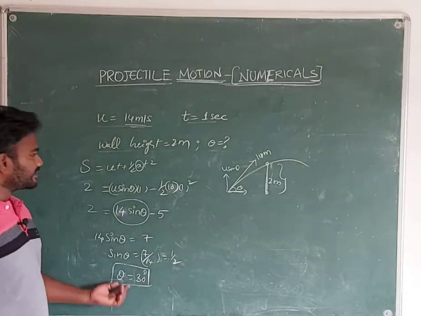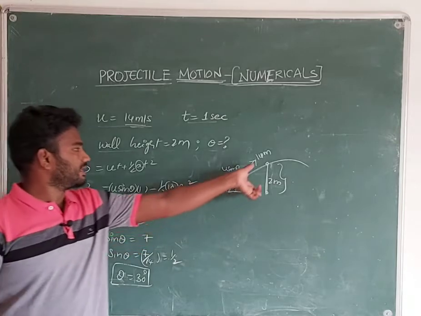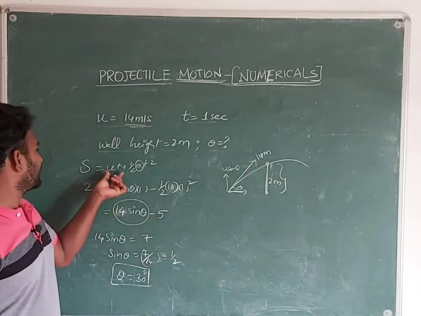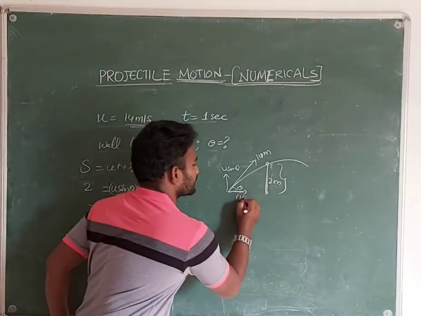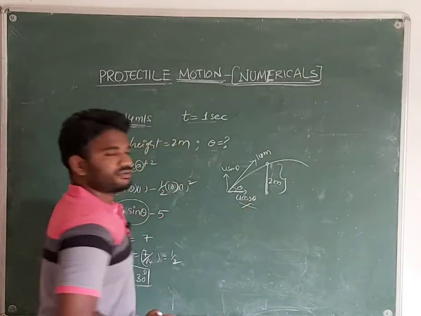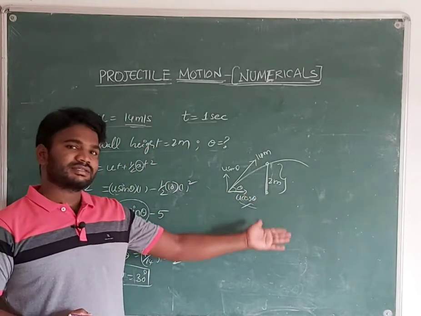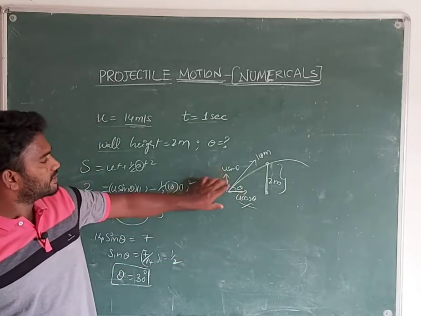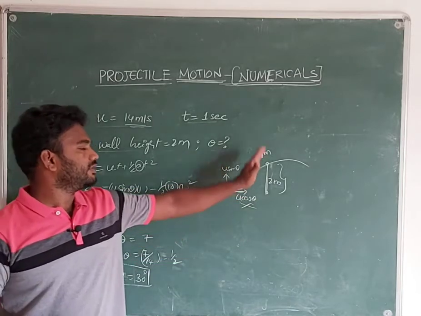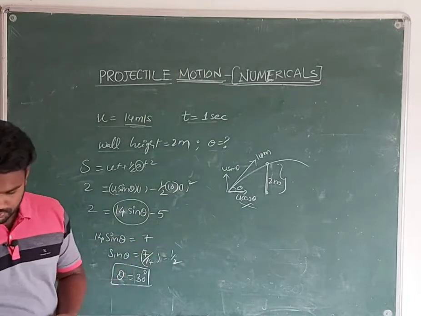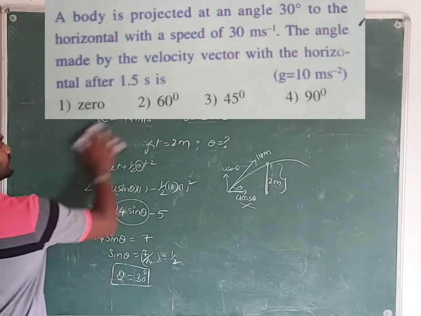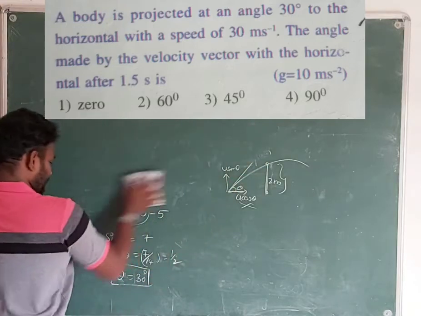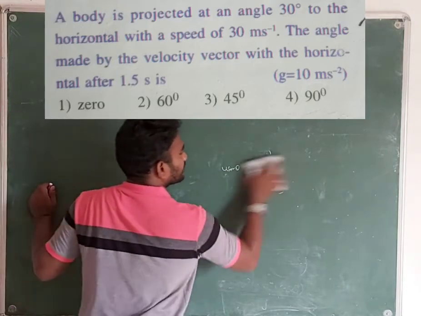See students, any doubts in this? Very simple, no? So vertical displacement you are taking, no? Only vertical velocity you have to consider, u sin theta. We should not consider u cos theta here. Why? Because u cos theta is a constant. The only variable velocity here is u sin theta. That's why we need to go with u sin theta only, students. Any doubts here? Yes. Shall we go for the next problem? Yes. Make a note of this, students.